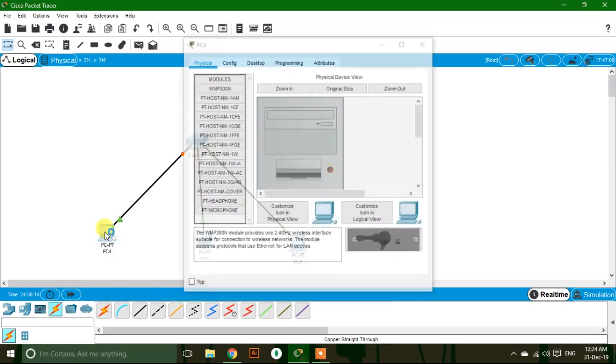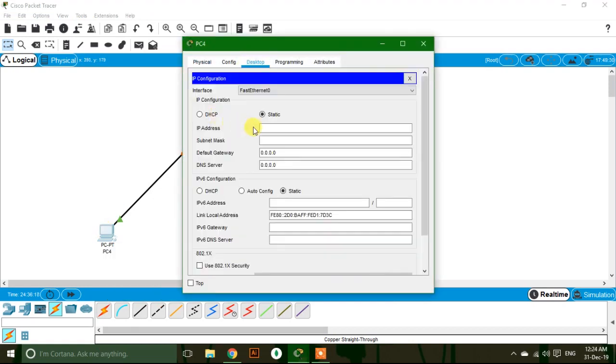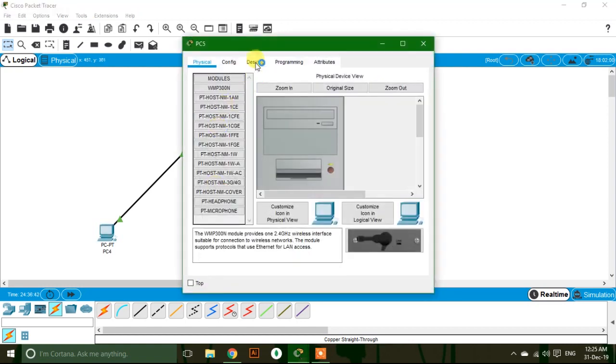Now set IP address to each PC. The IP address must be different for each PC, but the network address should be same for each PC. Here the first 3 octets are network address. For each PC, first 3 octets will be same and the last octet will be different.